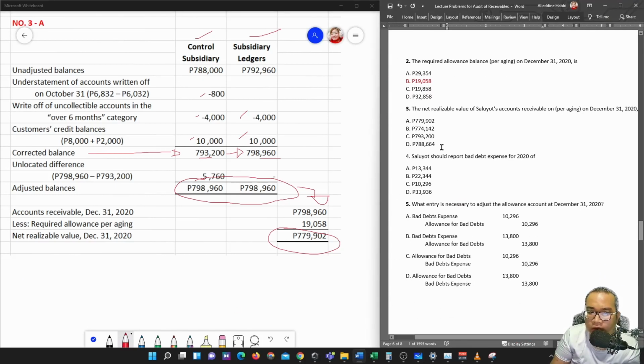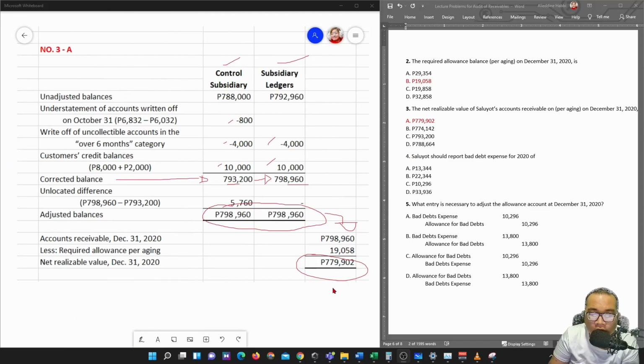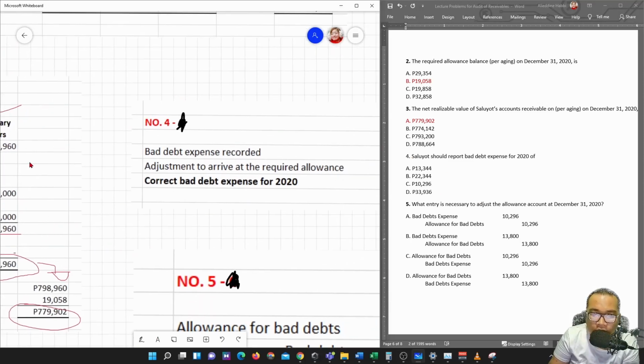So, number 4, Saluyot should report bad debt expense of 2020 in the amount of what? Bad debt expense. Magkano dapat ang i-report niya? So, paano yun? So, dito sa number 4,